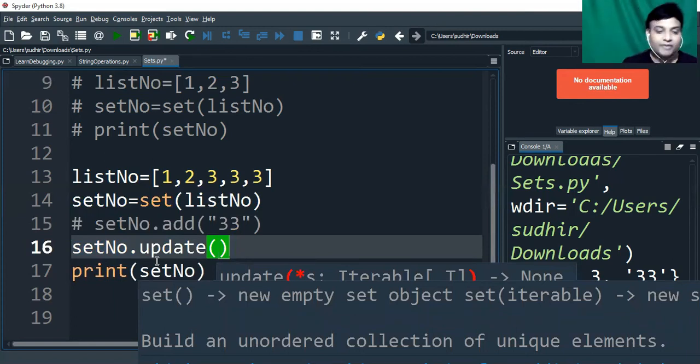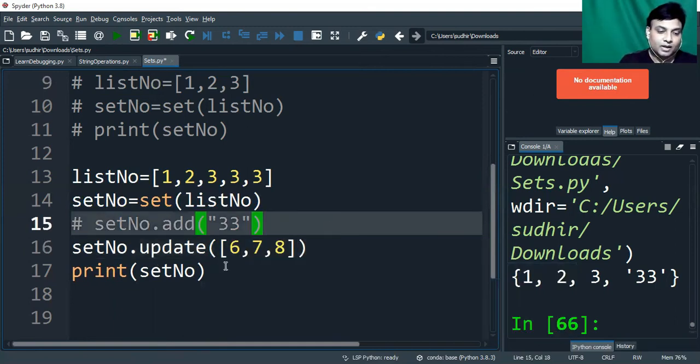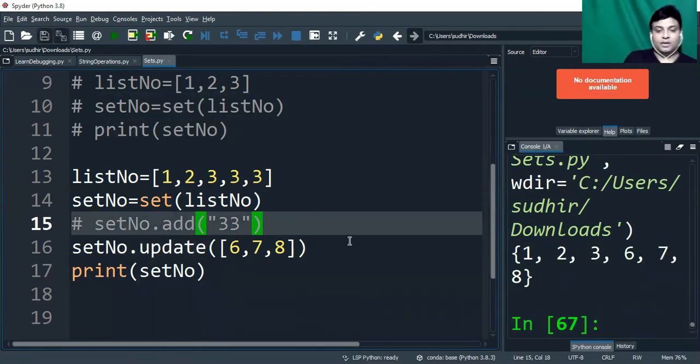Let's say I already have a set of these 4 values, and I want to extend it with some more values. I can have a set of 6, 7, and 8 over here. Let's check the output now. We already had these elements, 1, 2, 3, and 6, 7, 8 we added using update. So don't go by the name. Update is not going to update anything over here. Instead, it's going to extend the existing set.